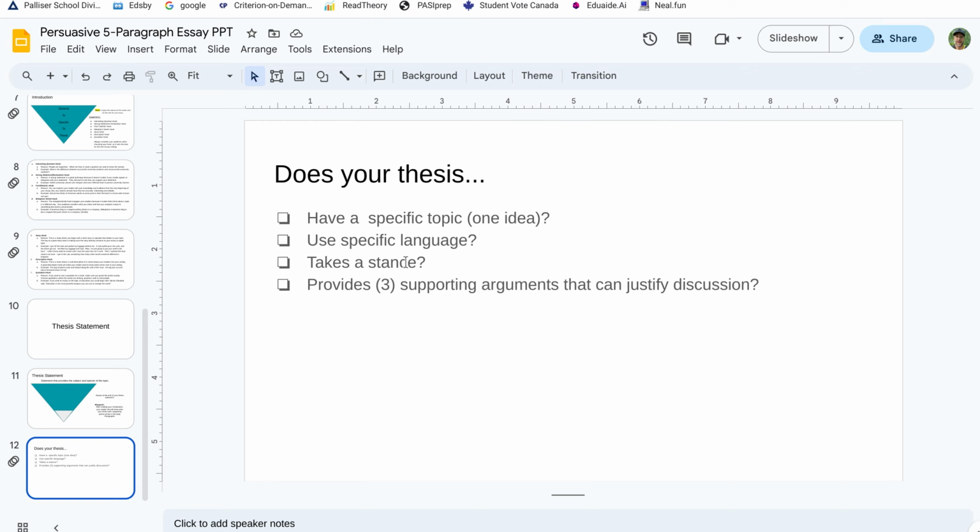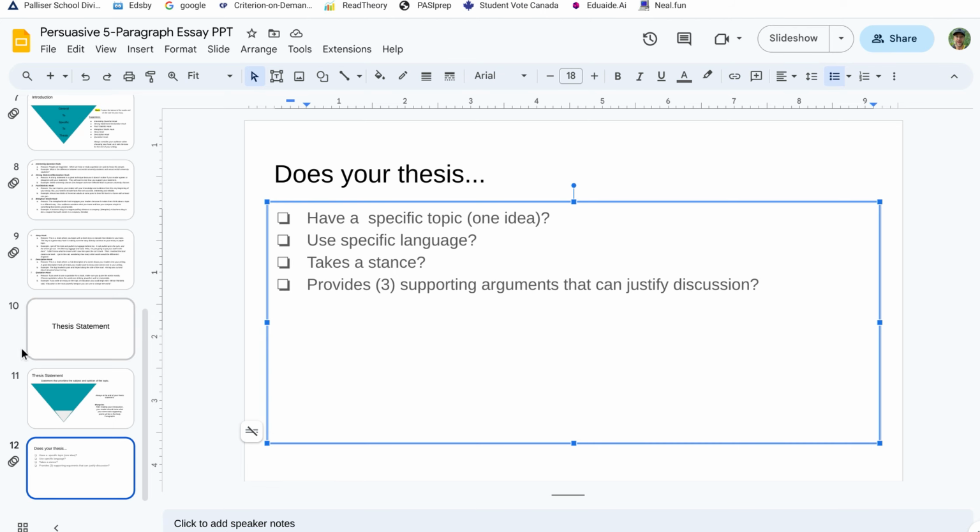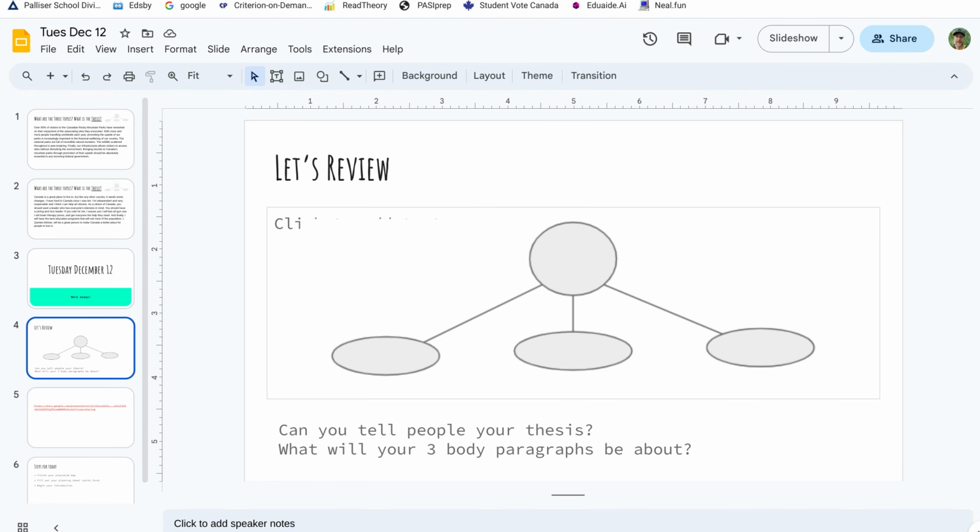I don't want to say something like, this essay is about justice in the novel, And Then There Were None. I'm not taking a position there. I'm just saying what it's going to be about. There are different kinds of figurative language in And Then There Were None. That's not a stance. I then want to make sure that I've provided my three supporting arguments, which I should have done in the preceding sentences. So what does that look like altogether?